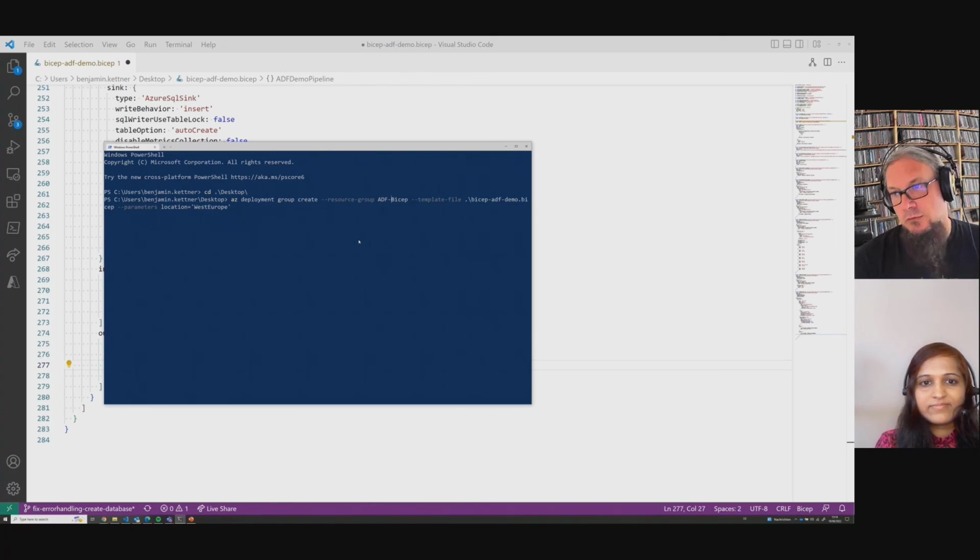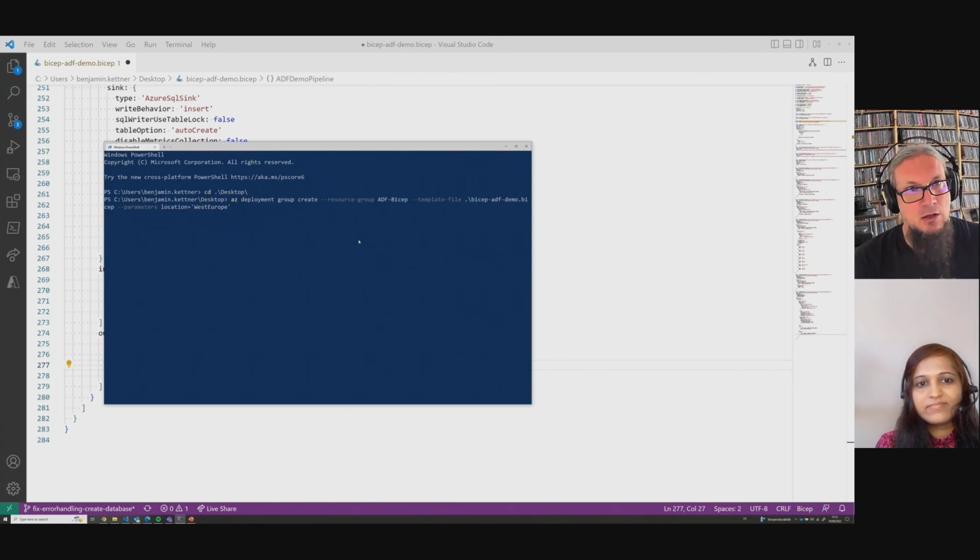This is the ADF Bicep resource group that Alpa was also working in. And I pass a Bicep template file. And I set the parameter location to West Europe. And basically, that's all I need to do. If my parameter doesn't have a default value and I don't pass it here, which is recommended for passwords and usernames, you don't want them to show up in your PowerShell history, so you would skip those. Then, if they don't have a default value, which they shouldn't, Bicep will prompt you for those parameters when you